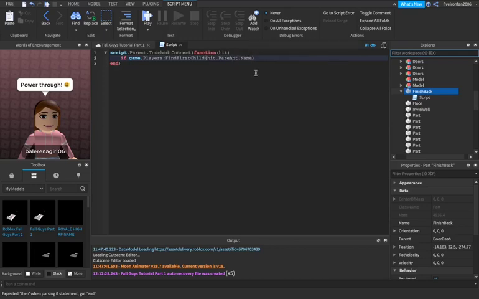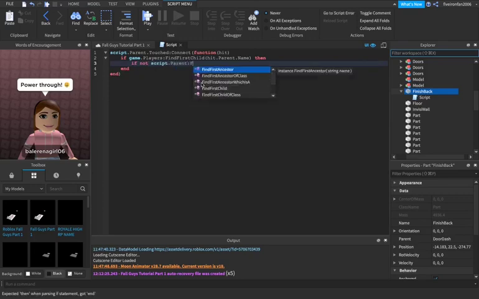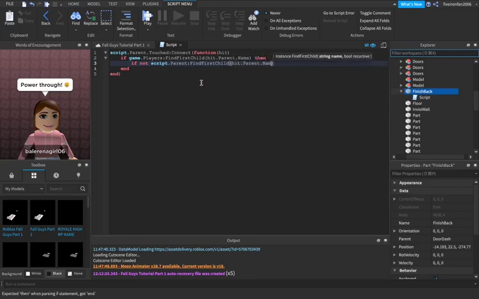Whoops, that would have given an error because I typed H and parent. So if this is a real player that's touched it, not just a brick or something, we can say if not script.Parent:FindFirstChild(hit.Parent.Name)